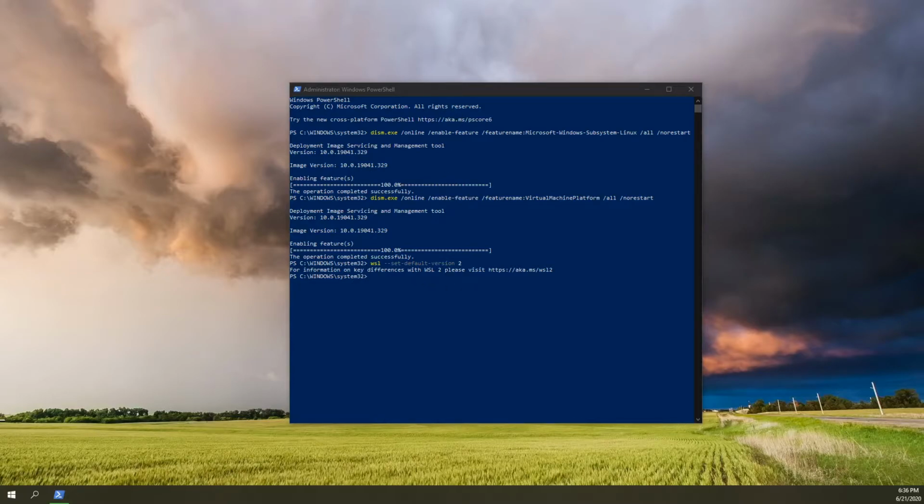And after you have that installed, you can try and run this command again, and it should come back with this line here saying for more information. All right, after you are sure that you have the second version of Windows Subsystem installed and ready to go,